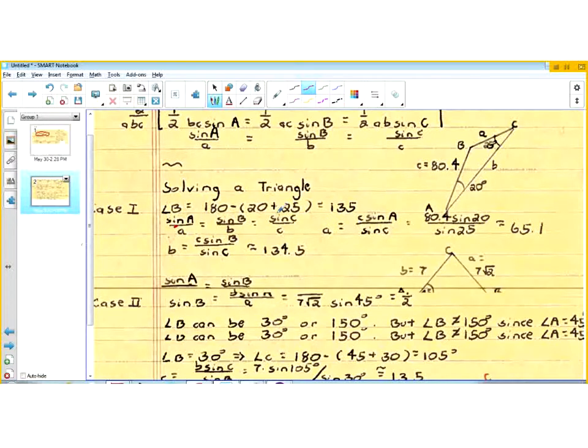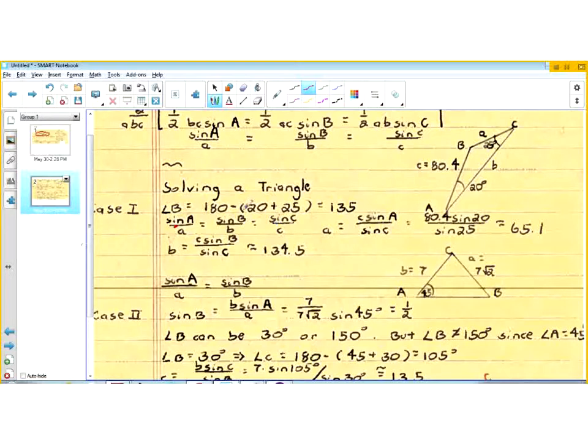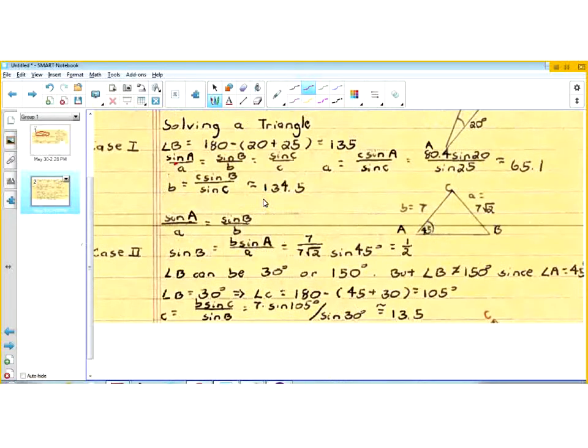Okay, so this is case one. In this case, essentially the angles that we're dealing with are acute angles, so there are no major issues here. In the second case, though,